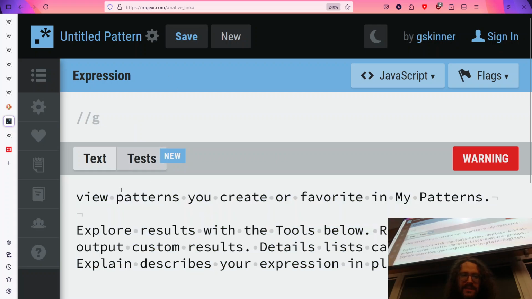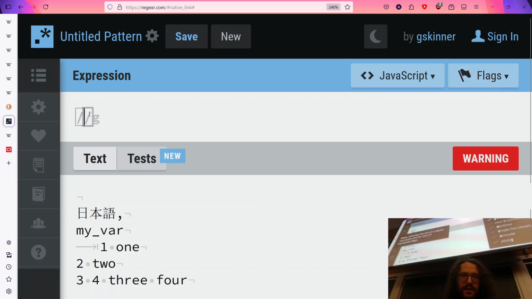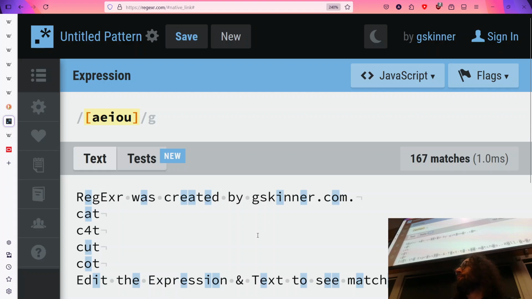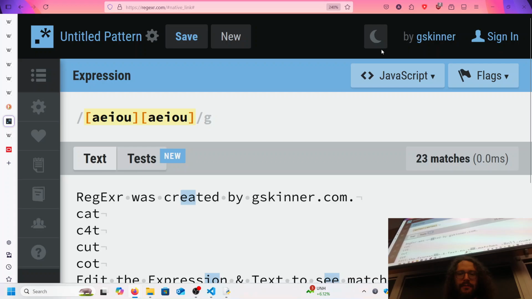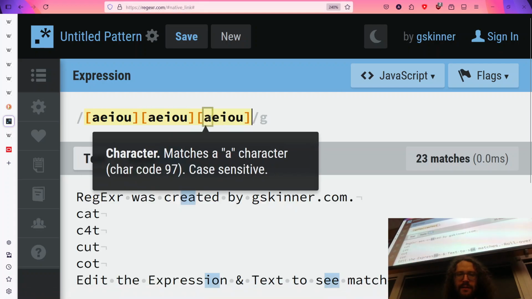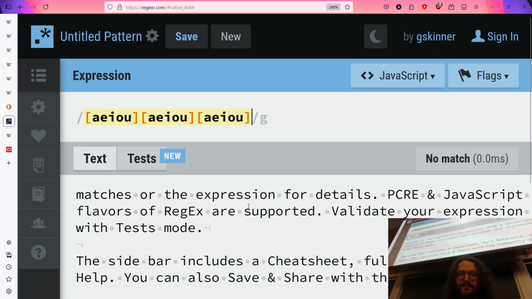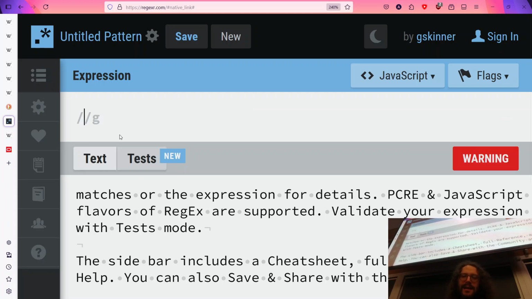Over here we can see this. If we type A, E, I, O, U, close bracket, it will highlight any vowel we have. And so if I wanted 2 vowels in a row, I could copy paste this. Right? Make sense? And if I wanted 3 vowels in a row, I could copy paste that. Although we don't see any here for 3 vowels in a row. Okay. Now, mind you, that can get a bit tedious, but I will get on to how to avoid the copying and pasting problem in a bit.